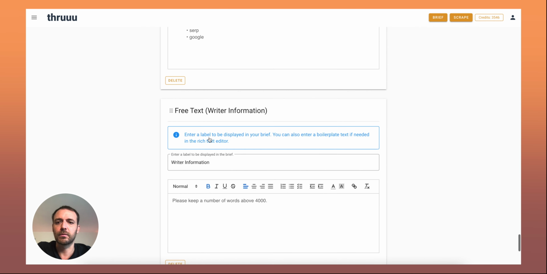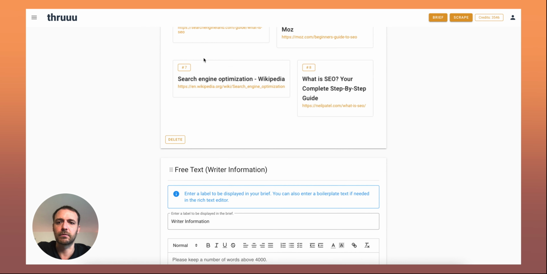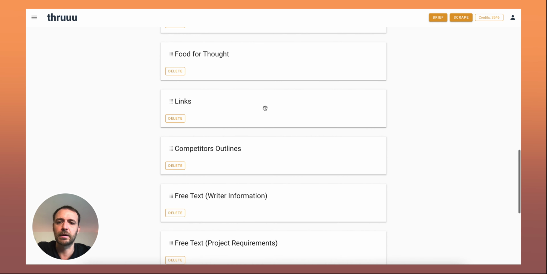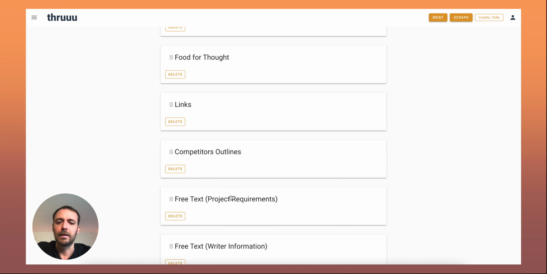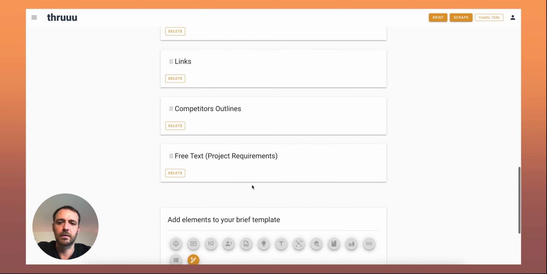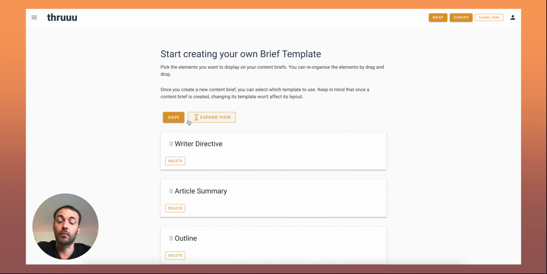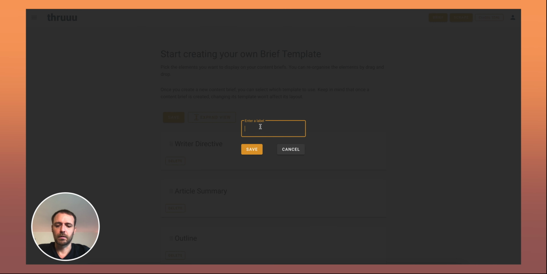Okay, so what you can do also, you can reorganize your brief by drag and dropping. It might be more convenient if you collapse the view, because then it's a bit smaller, so you can reorganize your content like this. And also if you want to delete some elements, you can just click on delete and they will be removed. Okay, so here you can see all the elements. Of course, more elements will come over time. And now I will call it the complete